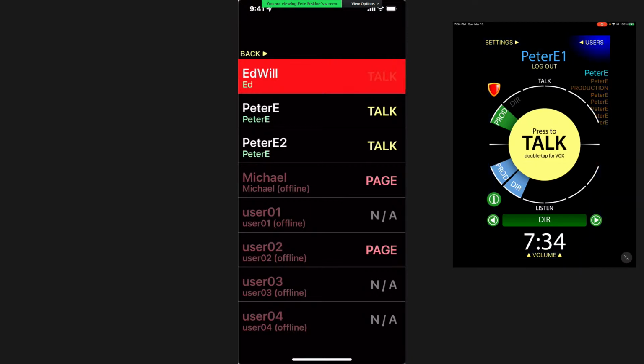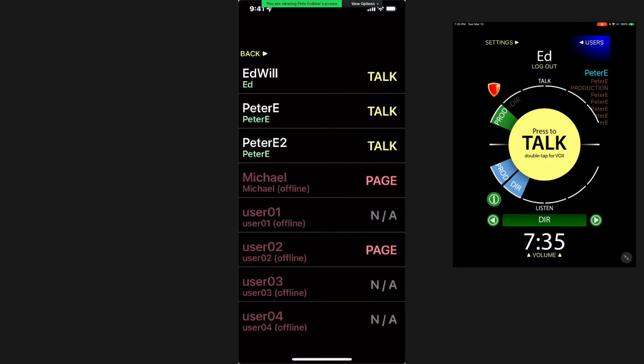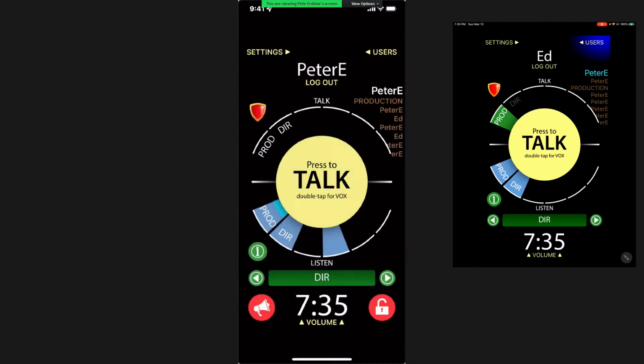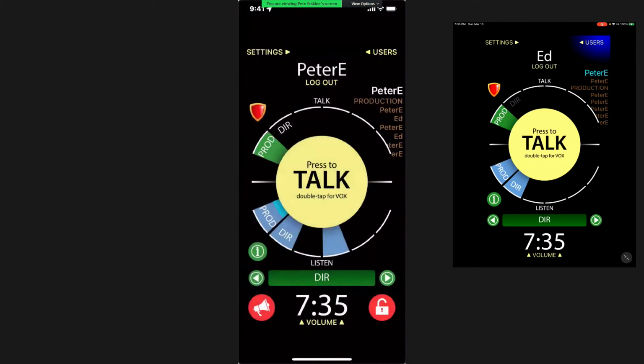And on the right-hand side of the screen is a scrolling list of people who have called you, and channels you've talked to. So here you'll see on your list everything you've talked to going all the way down, and you can actually see where you were. It's more useful if you're missing a call. So if I go back and talk on production,